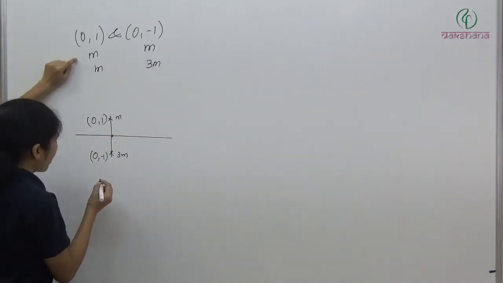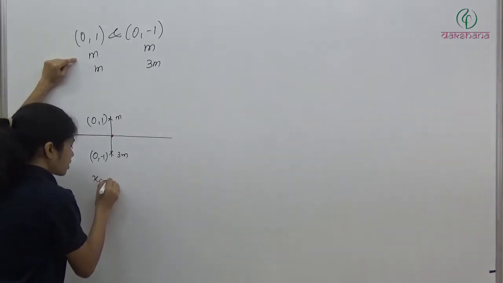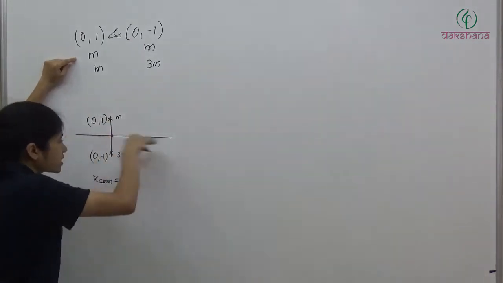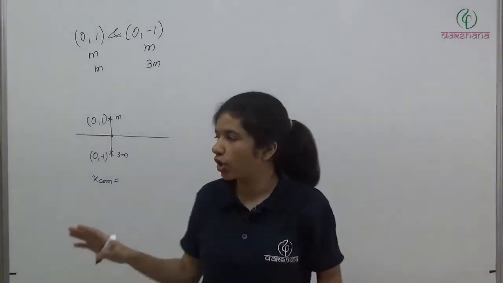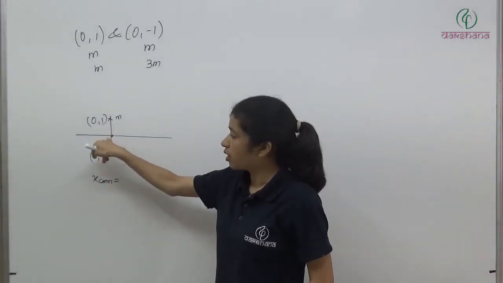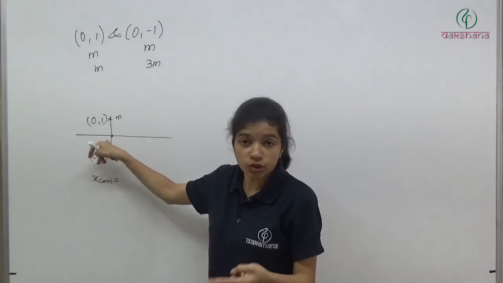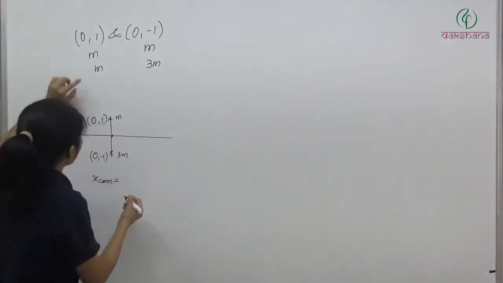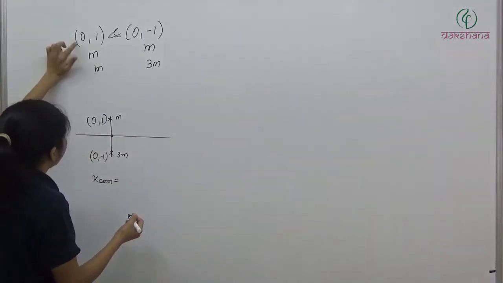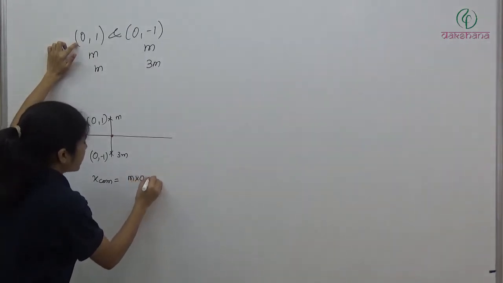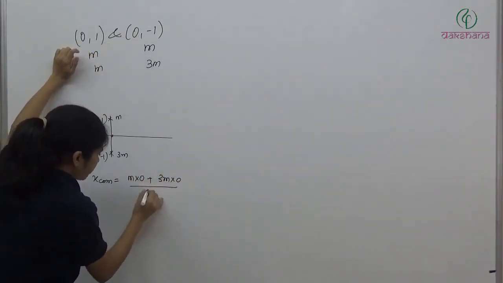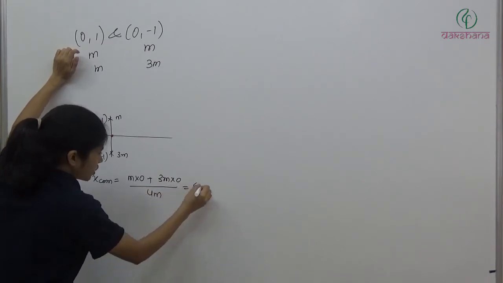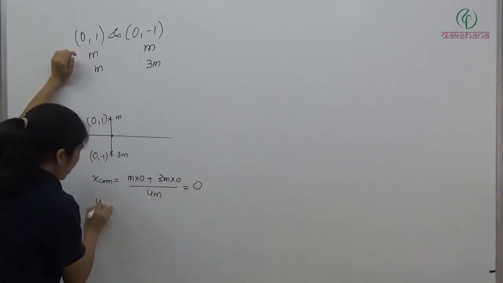Yes. So now x of center of mass is going to be 0, because on the x-axis there is no mass at all. So the coordinate of the center of mass is going to be 0. If you want to calculate, m1x1 plus m2x2 divided by m1 plus m2, it is 0. Clear? Now y of center of mass,